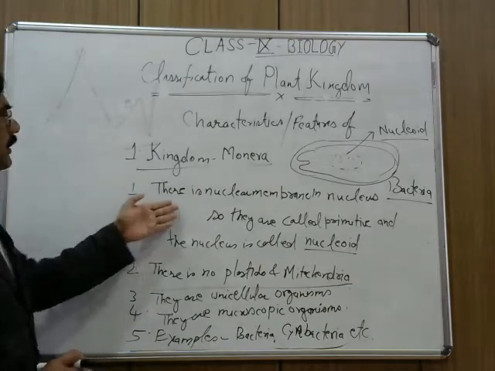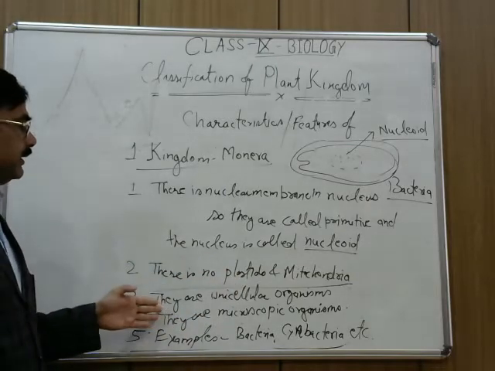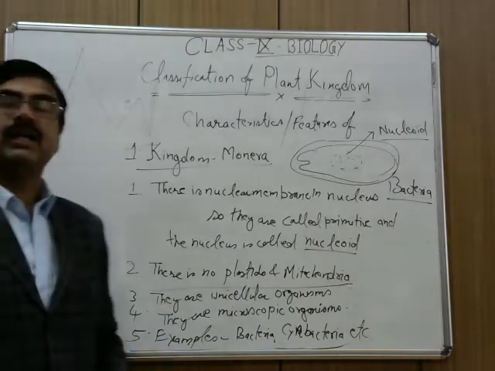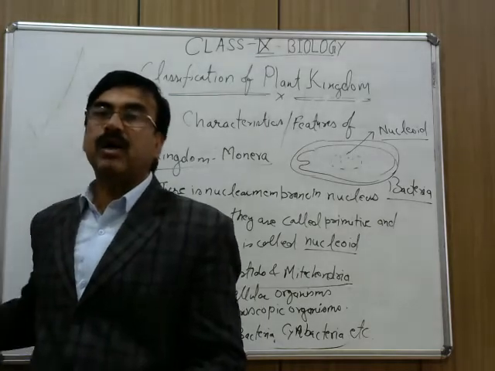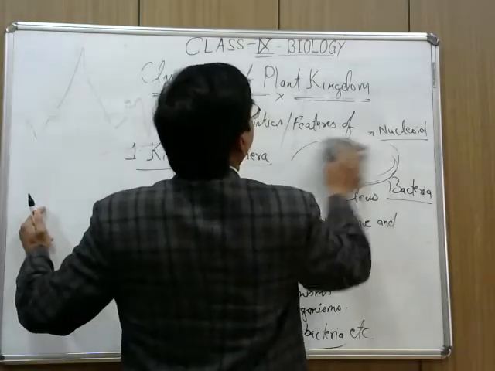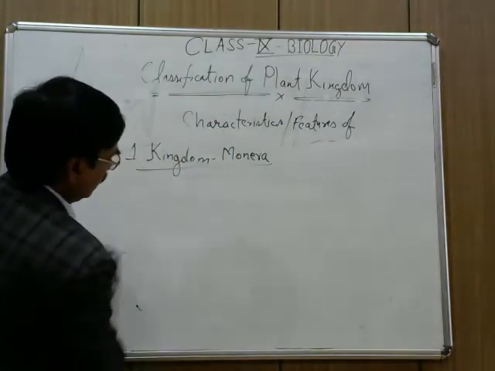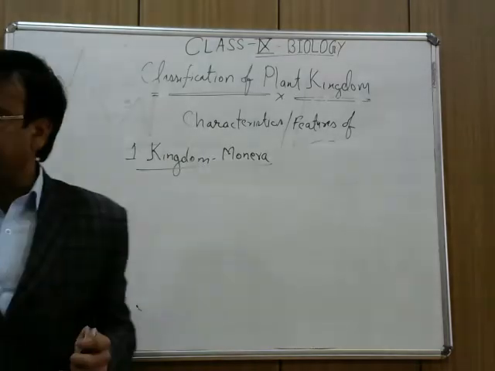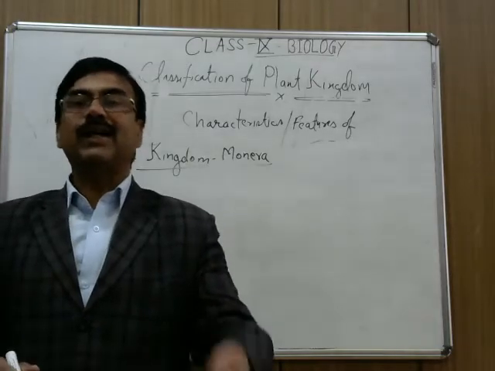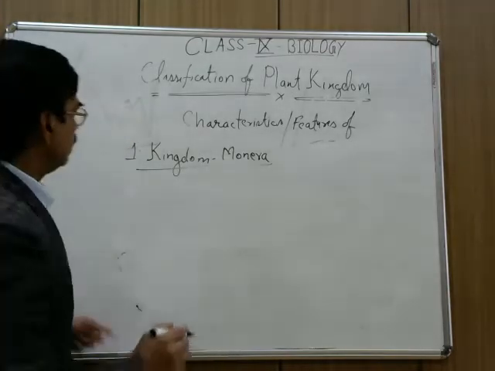Okay. So number 1, there is no nuclear membrane. They are called nucleoid. There are no plastids and mitochondria. They are unicellular organisms. And the 4th one, they are microscopic. And the example is bacteria and cyanobacteria. 2 or 3 examples you can write. Now I can erase this. Moving to the next kingdom. As I told you, you have to write 4 characteristics and 1 example. It will reach 5 points. So the second kingdom,